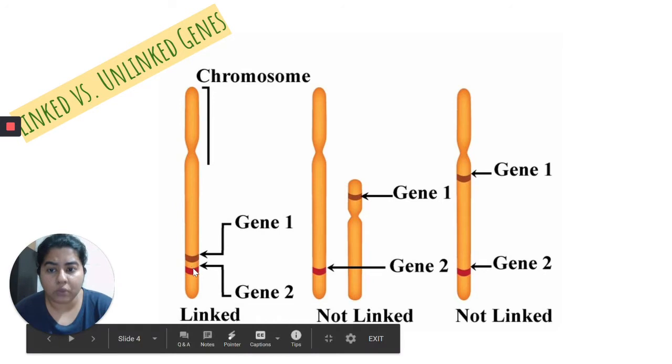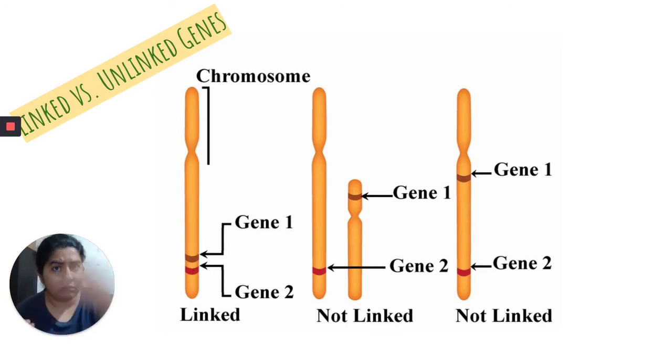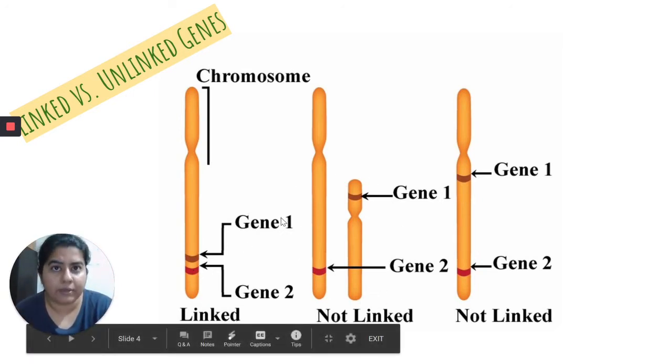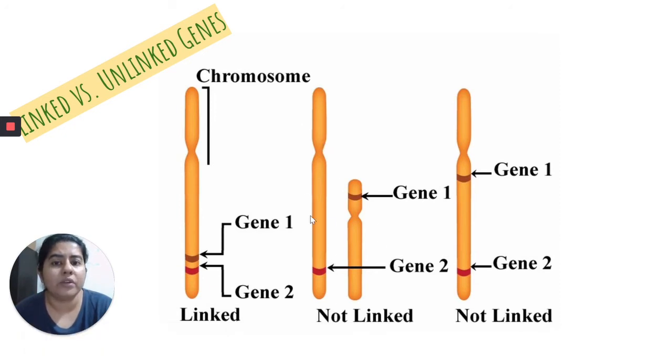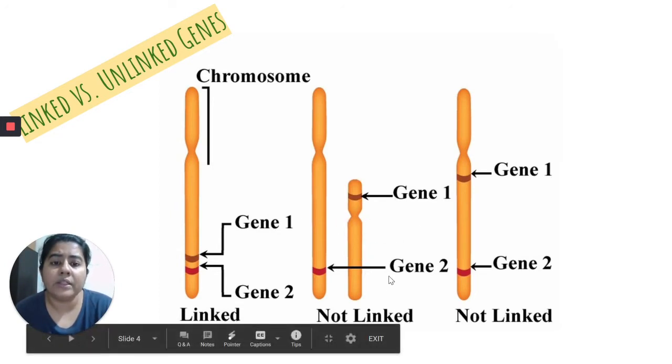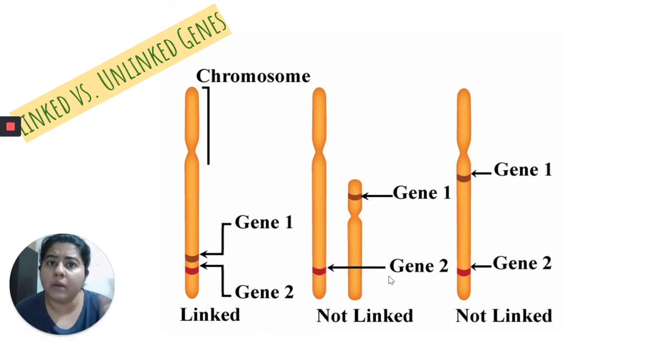These two genes are so close to each other that even when crossing over will happen, there is a chance that both of them will get swapped together. But in the second case, that will not happen. If crossing over is happening, the big chromosome will cross over with its own homolog, and the small one is from a different chromosome, so its homolog is different, and it will cross over with a different chromosome.